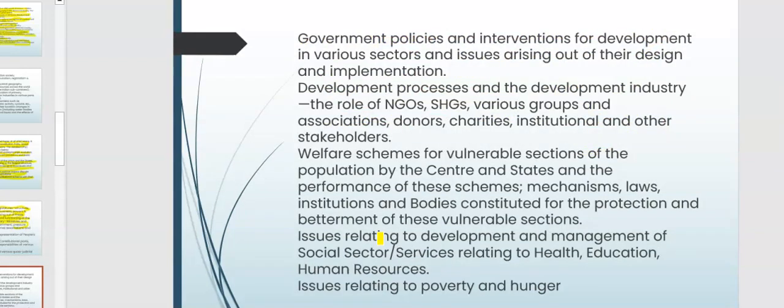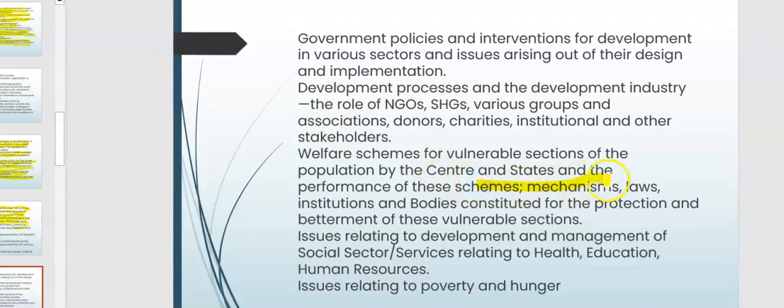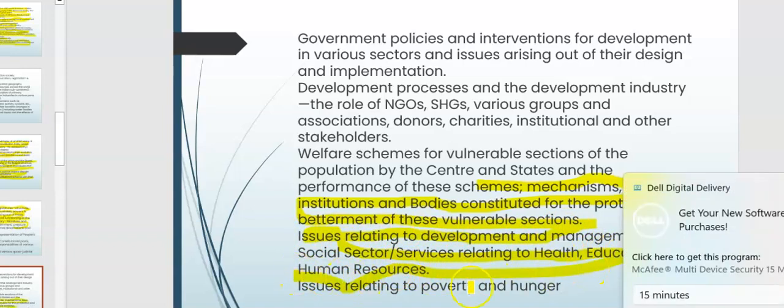government policies and interventions for development in various sectors and issues arising out of their design and implementation, development processes and the development industry, the role of NGOs, SHGs, various groups and associations, donors, charities, institutional and other stakeholders, welfare schemes for vulnerable sections of the population by the Centre and states and the performance of these schemes, mechanisms, laws, institutions and bodies constituted for protection and betterment of these vulnerable sections, issues relating to development and management of social sector services relating to health, education, human resources, issues relating to poverty and hunger,